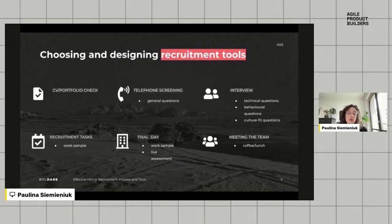And work sample, similar to the recruitment task that we sent to be done at home, but it's done in a certain time within the trial day agenda. And here it can be done just by the candidate, but sometimes if we want to check how the candidate collaborates with other people, we may give them very limited instruction and